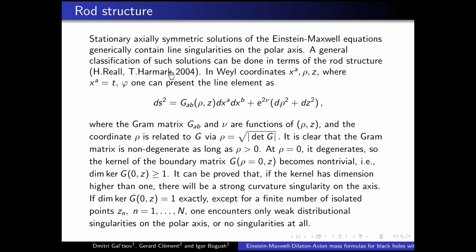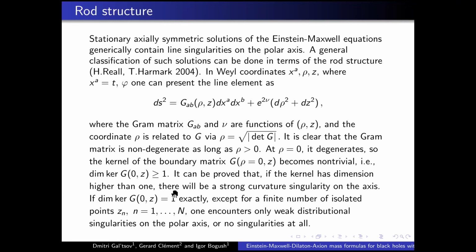It is by Harmark. And this is also used in the technique of integrable systems, of course, in the Belinsky-Zakharov way. So it is the same story of rods. There it is a two-dimensional, 2x2 reduction of Einstein equations, for static and stationary axisymmetric configurations. It is proved only in the static case that each rod configuration corresponds one-to-one to some solution. For stationary, it is also only believed, but it is true.